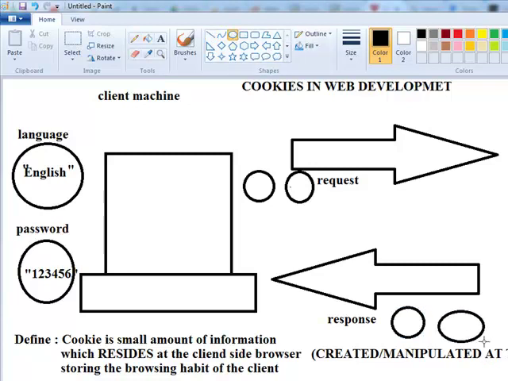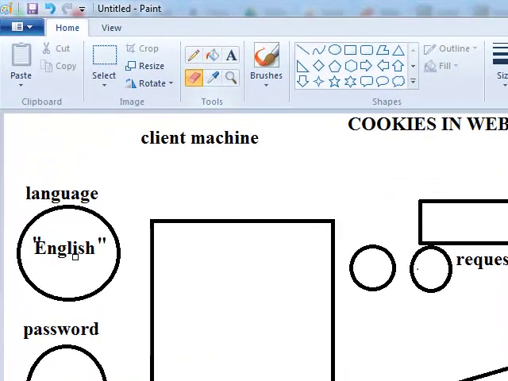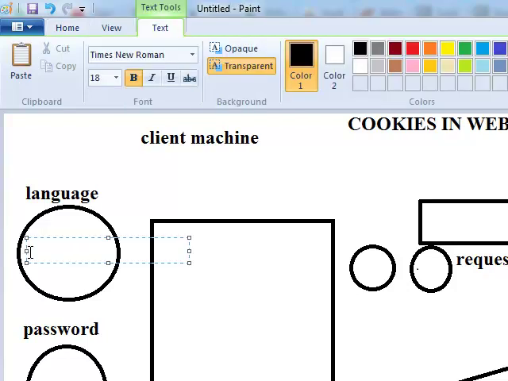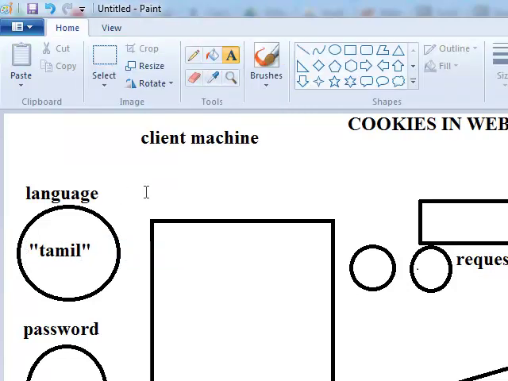They have been manipulated. So 2 cookies have come back, and now this language has changed from English to Tamil. Am I understood? So where do the cookies reside and where do the manipulations take place? Next time when the person opens the website, the browser has the cookie stored, and the browser will fetch it in Tamil.